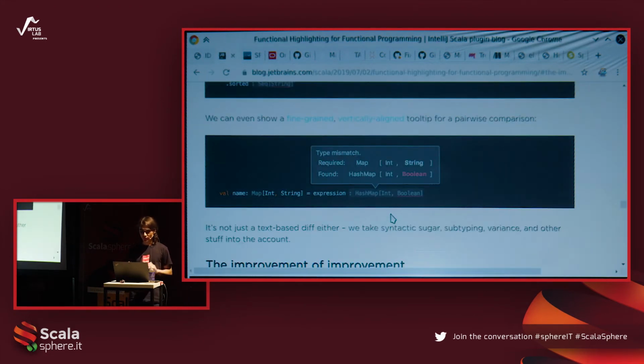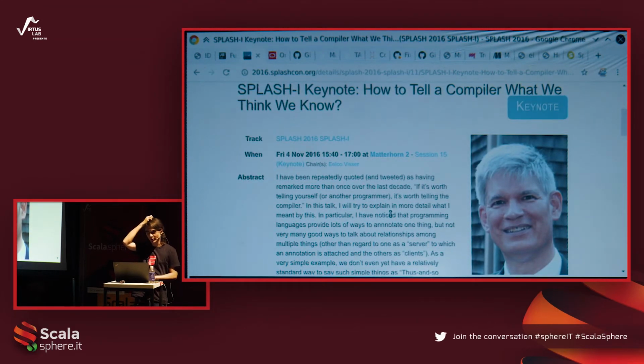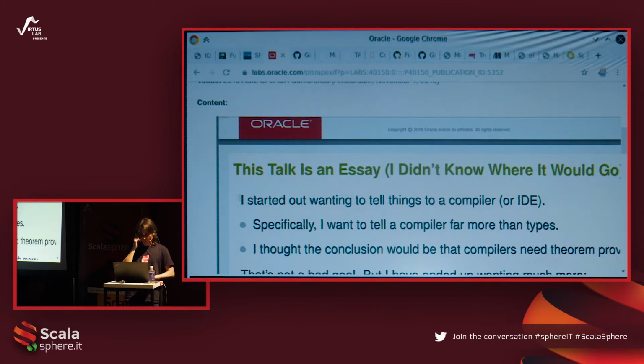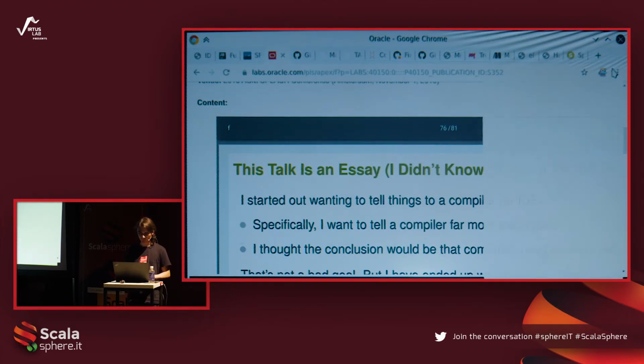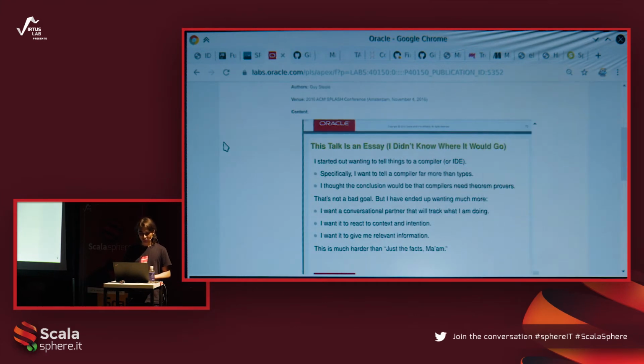before I go further, just to give some context, this is just an example of the kind of things I'm interested in. There was this talk 3 years ago by Guy Steele, the guy who made Scheme and Fortress and a bunch of other things. How do we tell a compiler what we think we know? The talk is very interesting, and unfortunately I don't think it's been recorded, but there's slides online